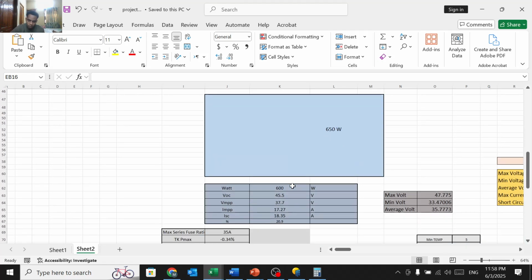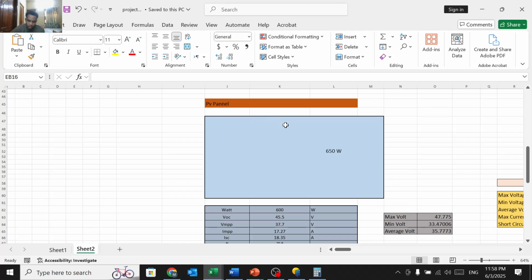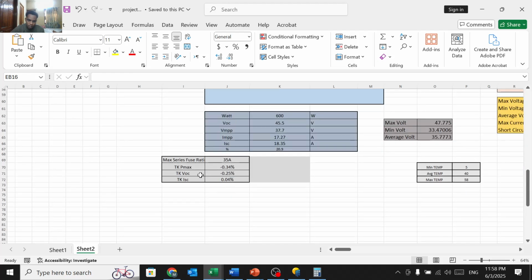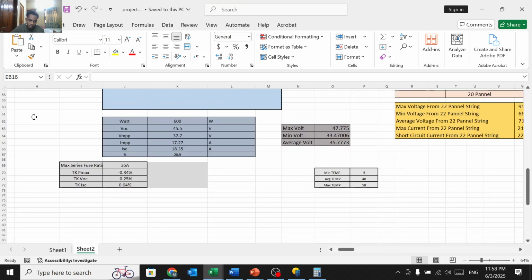Okay, this is the panel data: VOC, VMPP, IMPP, ISC, TK VMAX, TK VOC, everything you need to know. Listen guys, they're important. Why? To calculate the temperature. Okay,